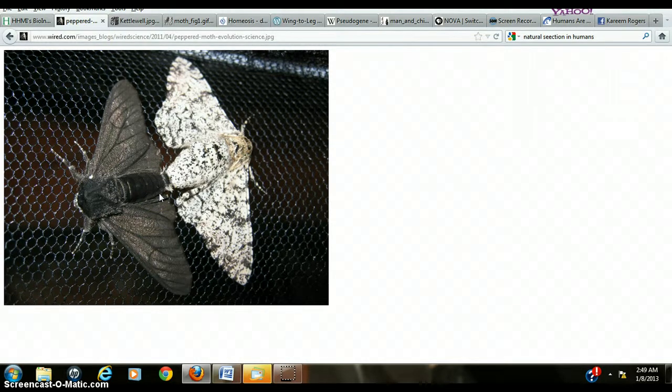And as you see here, there's a lighter pepper moth and there's a darker pepper moth. Originally, the pepper moth was whitish in color, and this gave them an advantage before the Industrial Revolution because it allows them to camouflage with the trees, as you see in this picture right here. It is very difficult to spot the pepper moth because it is whitish in color and it camouflages with the white trees, unlike the dark pepper moth, which makes it